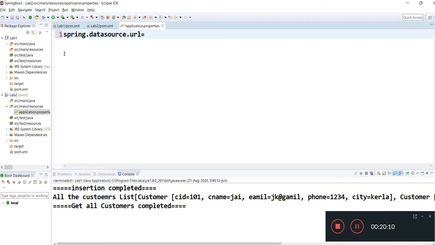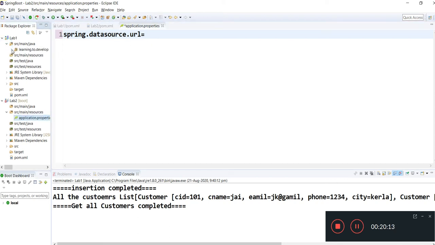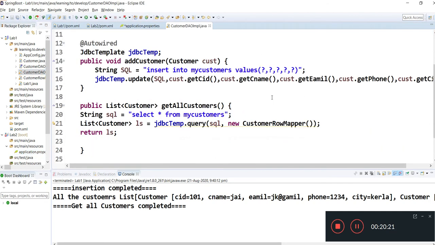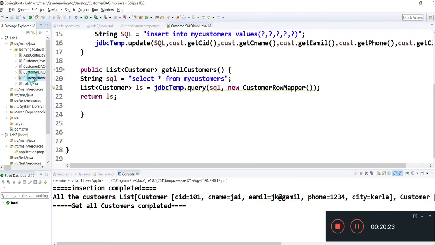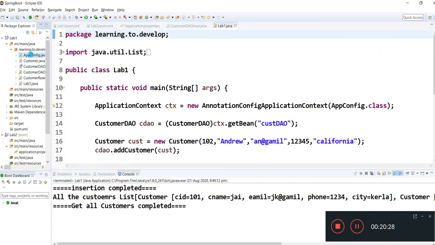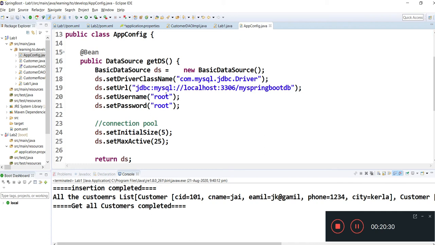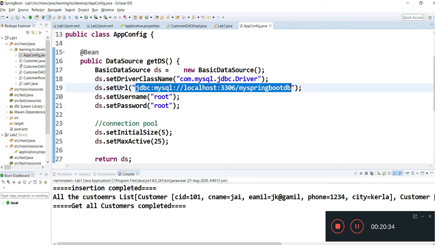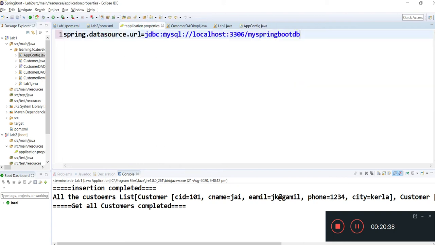We'll copy the URL from our first example, where we have mentioned it inside the configuration file. We need to copy it from here and paste it here. Okay, we're done with the first property.